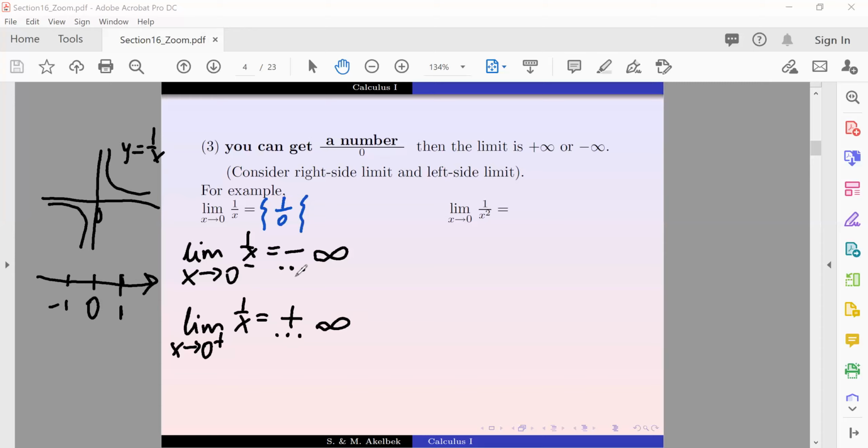In a similar way, we're going to solve this limit as x goes to 0 of 1 over x squared. So first, I always substitute: 1 over 0 squared. So I'm getting,